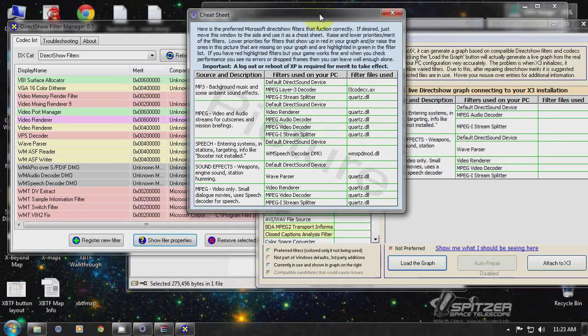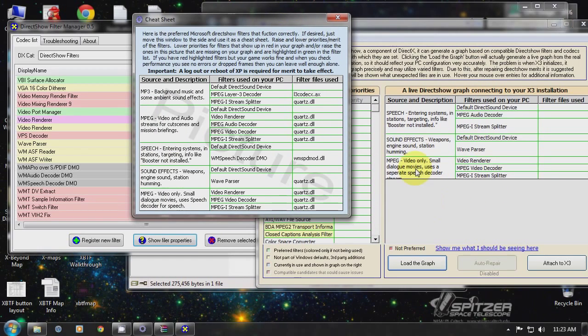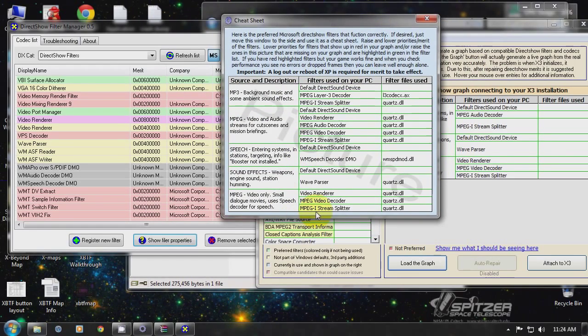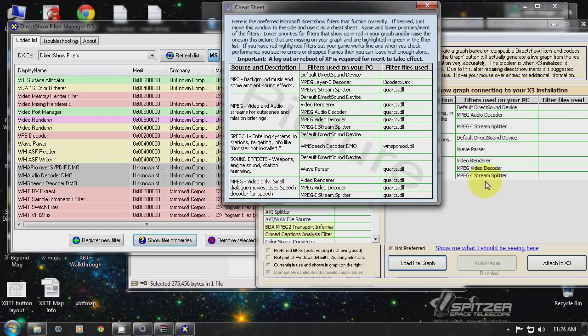Let's do another example. Here's another hypothetical example. Let's say that under the MPEG section, you have something else displayed here that's not on this cheat sheet list. So let's say, for example, on the cheat sheet list where it says it should display MPEG-I stream splitter, let's say you have something else. Let's say some random DivX codec or God knows what else. We need to fix that. We fix that by setting the priority level of the MPEG-I stream splitter codec higher than what is currently in